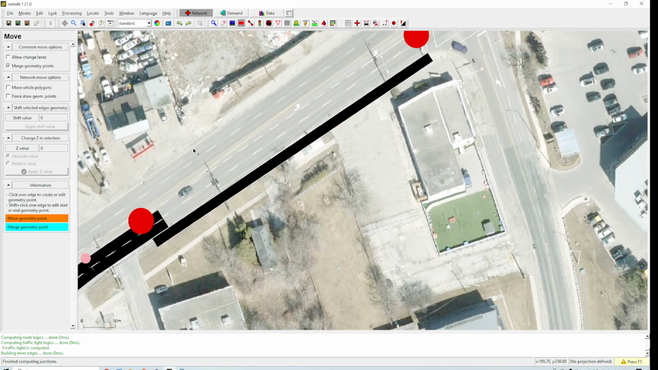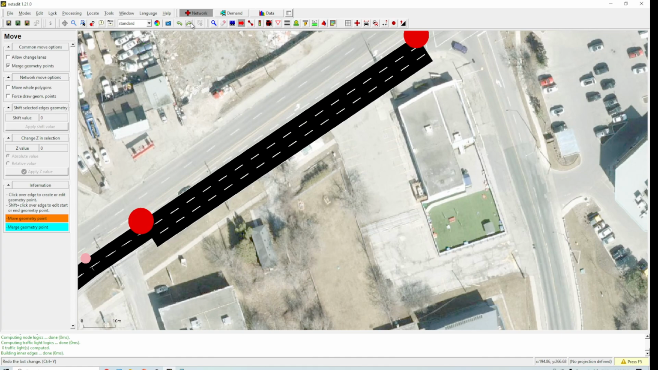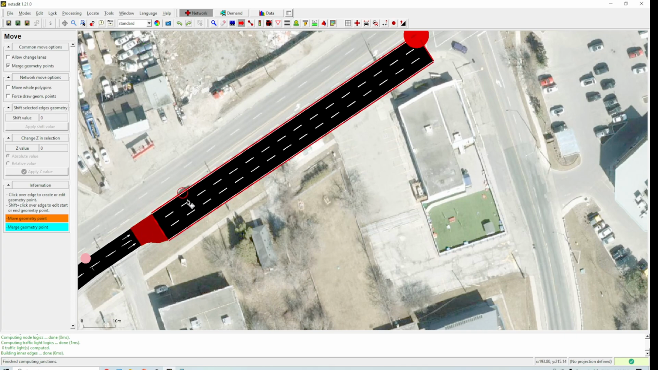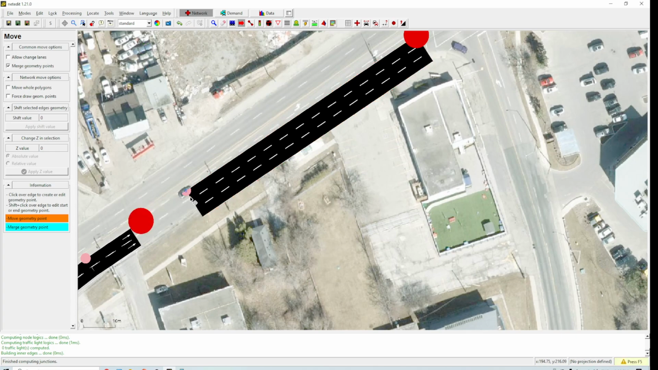Control Z again. Okay, I made a mistake here. I need to redo. So this is, okay, F5. The junction is, see, this is shorter. If I want it longer, then hold shift here, F5. It's now longer. Okay, so then this road, this lane, if you see here, first of all, I'm gonna move